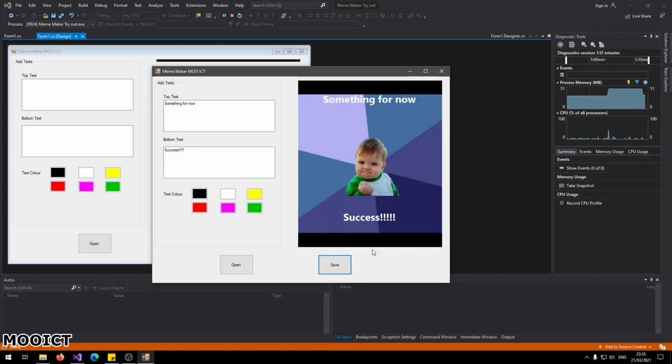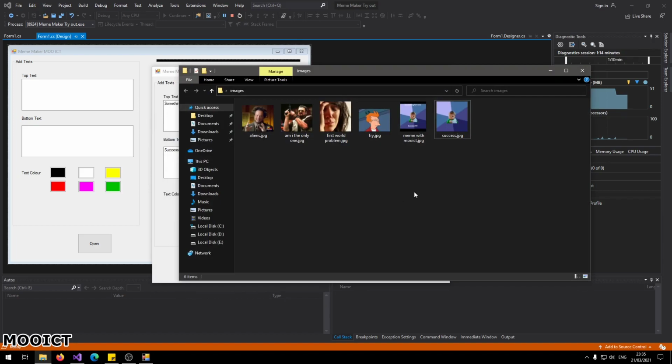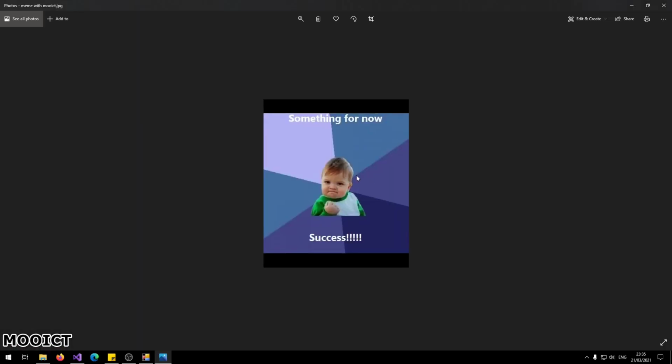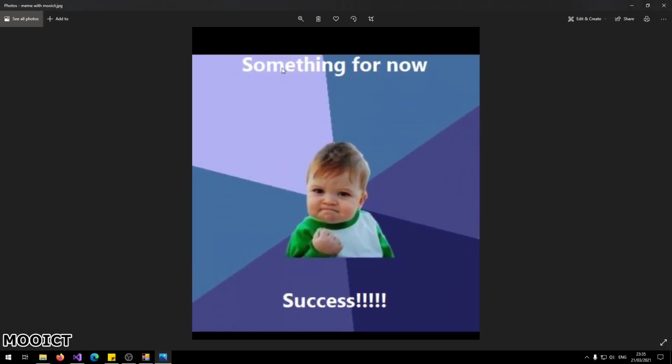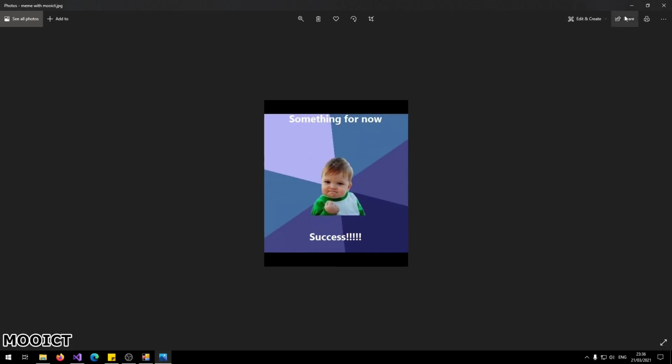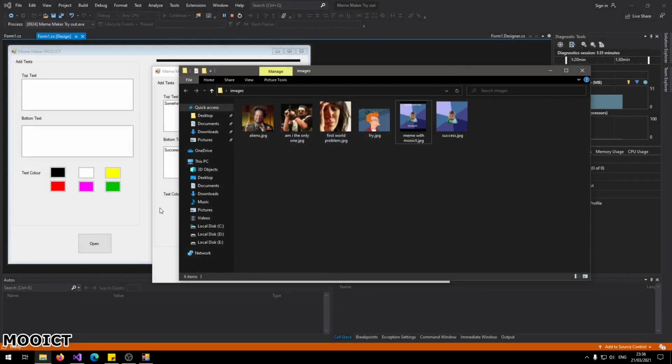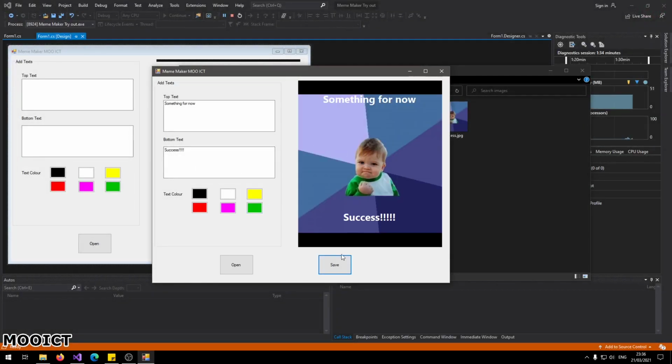If I click save, right, and if I go and open the folder here, you'll see that there's another image that says meme with moict. And if I open this image, okay, so as you can see, the text is actually embedded in there. So something for now and success. Okay, so this one creates a JPEG image from the app itself,